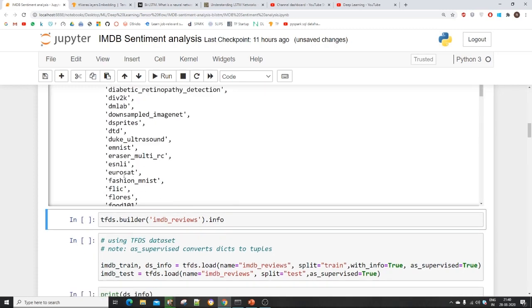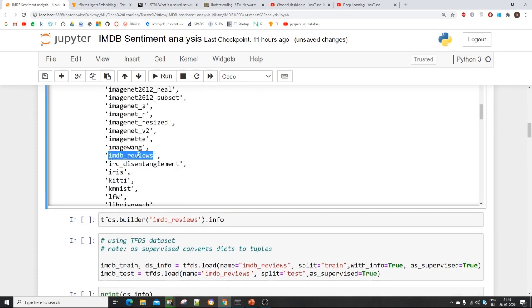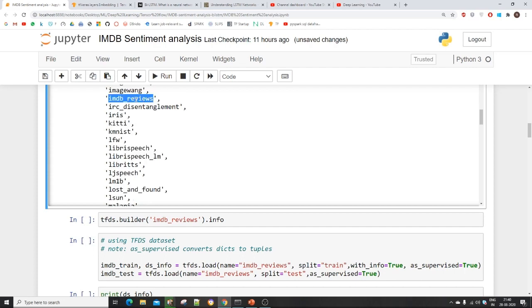From these datasets, I am using IMDb. IMDb is a very popular website on which we can see the reviews and ratings of any movie or TV serial, whether Hollywood or Bollywood. I am using this dataset, and in it I have many reviews, and each review is classified as 0 or 1. 0 means negative, and 1 means positive, that is, the movie or TV series is awesome.